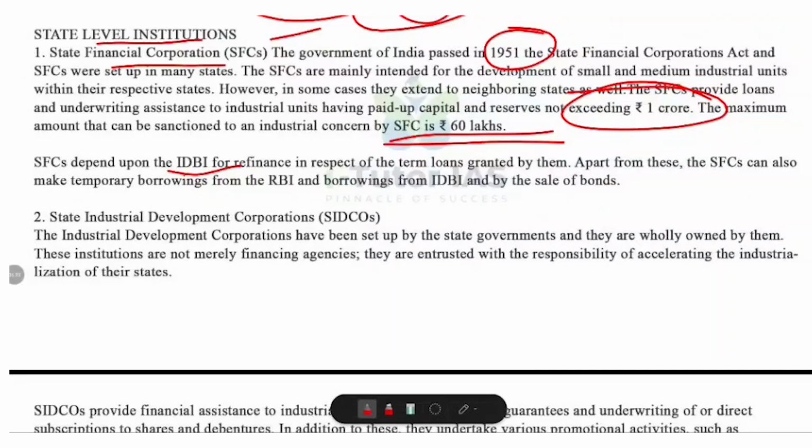Apart from that, SFCs can also raise money by making temporary borrowings from RBI, then taking loans from IDBI, and by issuing and selling bonds in the market. So in simple terms, we can say that SFCs act as a bridge between IDBI and small industries at the state level. They make sure that industries that cannot directly approach large national level institutions still get access to funds